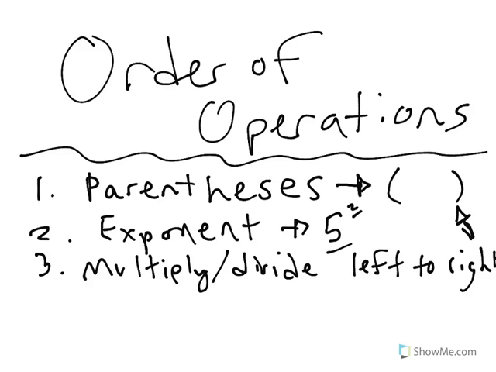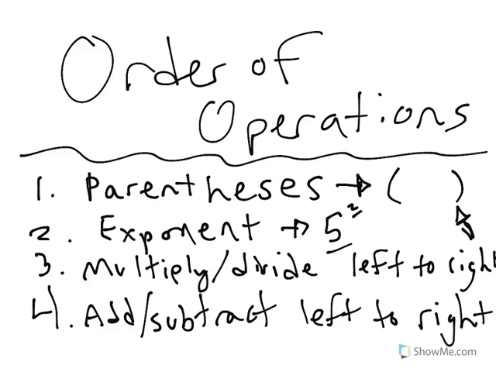So basically what that means is that if you see multiplication and division, they both are counted the same. So you're going to start to the left. Whichever ones are on the left you're going to do first, and then you're going to move your way to the right. And our fourth one is add or subtract from left to right. So that's just like that one. You're going to start on your left. Addition and subtraction are weighed the same. So whichever one comes first, addition or subtraction, that's what you're going to do starting at the left and over to the right. So make sure you can pause this video and make sure that you have these notes,